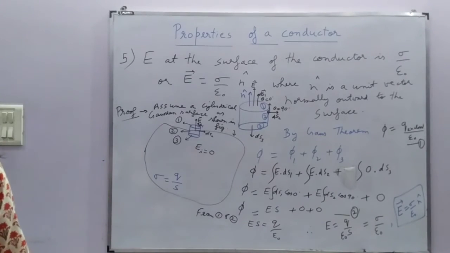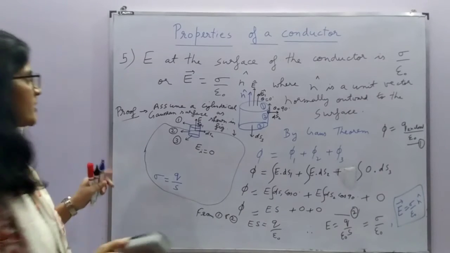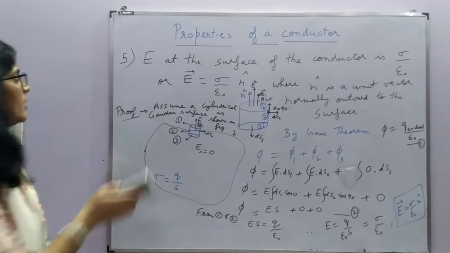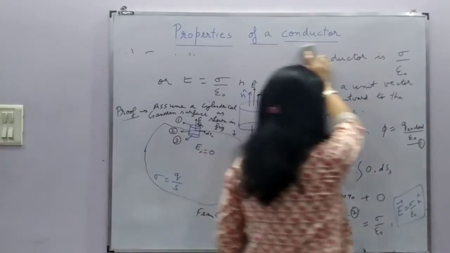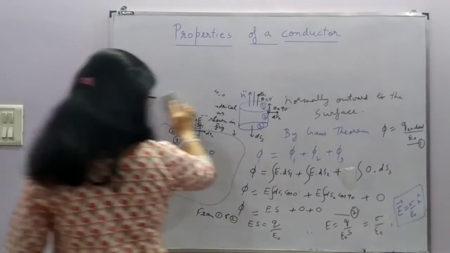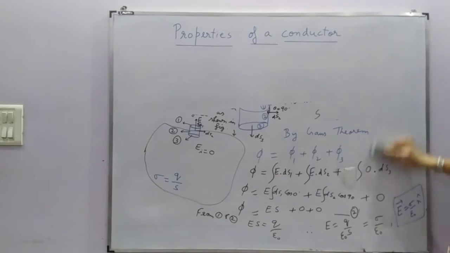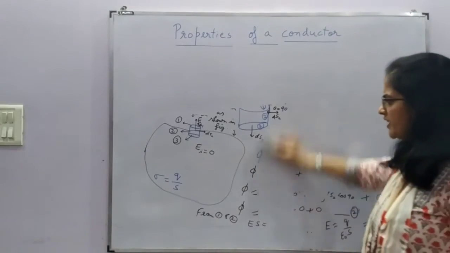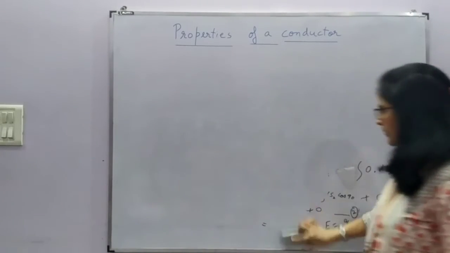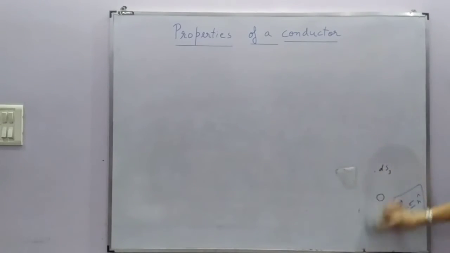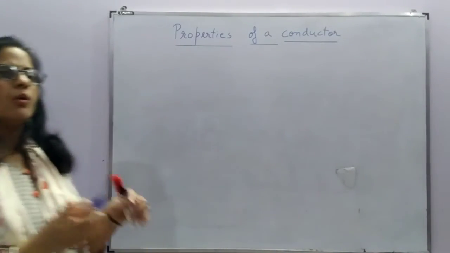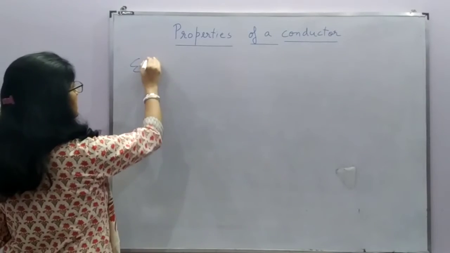Now the last point which is left here is the application of the properties of the conductor. We are talking about electrostatic shielding. We have studied here that the electric field inside a conductor is 0, right? We know that during lightning, which one is safer: to sit inside the car or to stand under the tree? To sit inside the car is safer, right? So why are we safe inside the car? This is due to